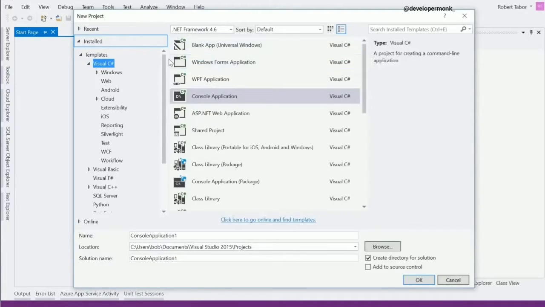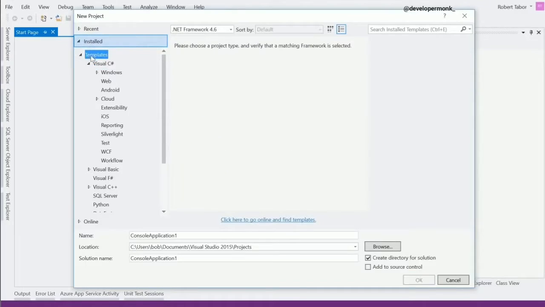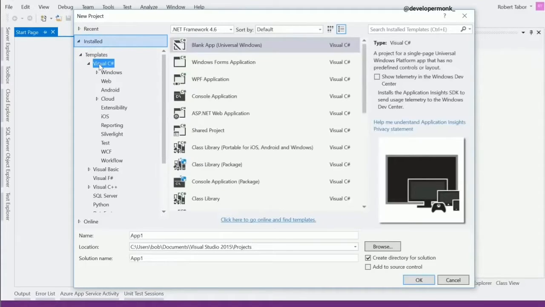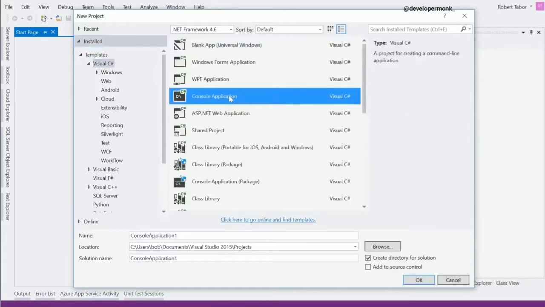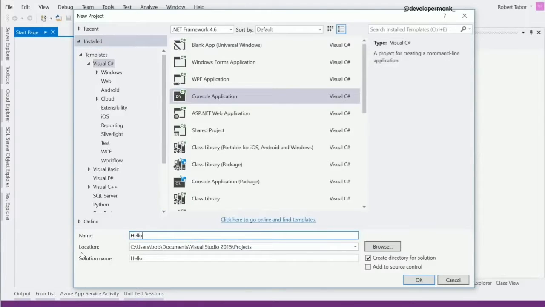Now, chances are the number of items that you see here in this center part will be dramatically different than the items that I see based on which version and edition of Visual Studio that you have installed. However, you should be able to select templates and then select C#, and one of the options should be a console application. Alright, so I want you to select that, and then we're going to rename this project to Hello